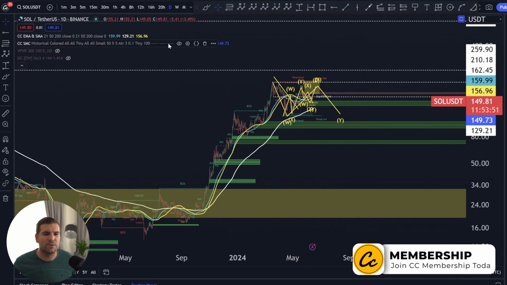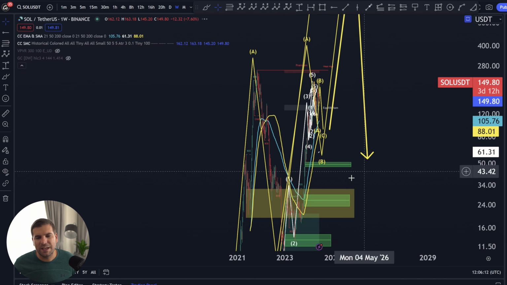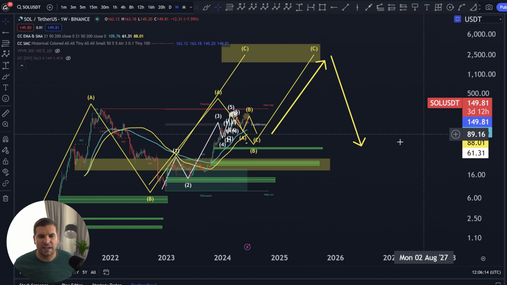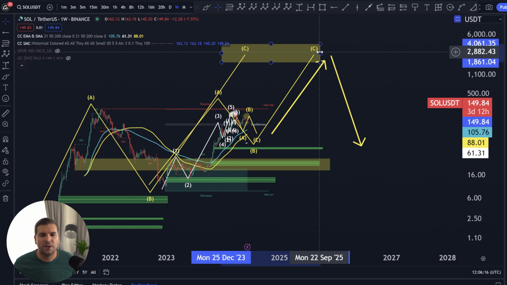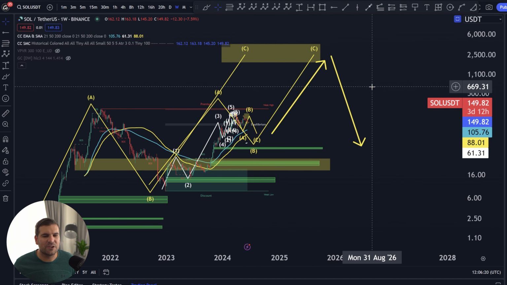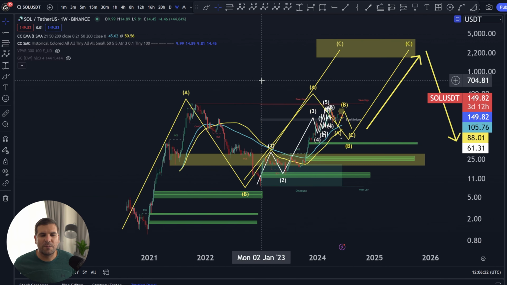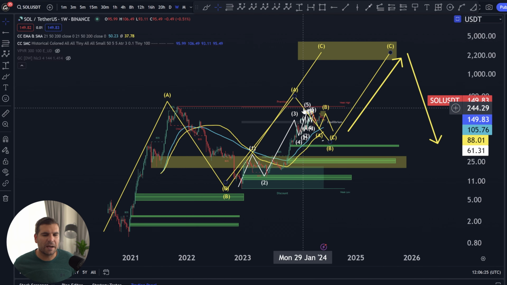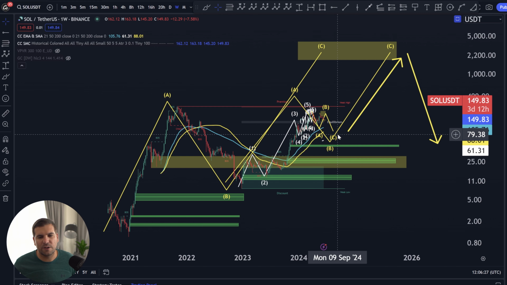run in the future. Now, if I roll this up into a weekly time frame, you can kind of see the expectations over a longer period, where we are talking about $1,861 as a potential area of interest. Now, when we take a look at the weekly time frame, we obviously had that 5-wave move. We're in a corrective action at the moment, which still could slip down a lot further in terms of its